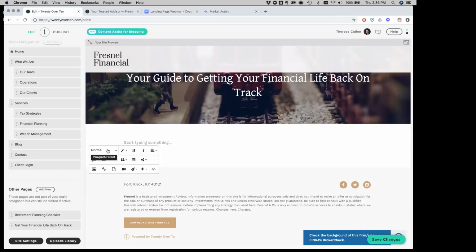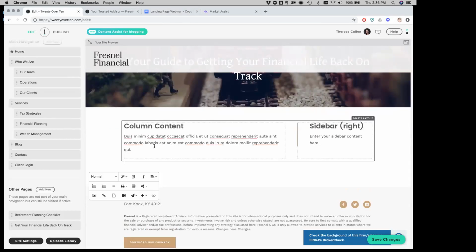And I'm going to actually first create a little layout. So in our text editor that shows up, this is all inline editing, so you can see these changes as they're being made in real time. You'll see in the bottom right, right next to our code view, you can insert different layouts. And for the purposes of today, I want to have a sidebar to the right. But of course, you can add columns, sidebars, you name it. It's really up to you how you want your content to display.